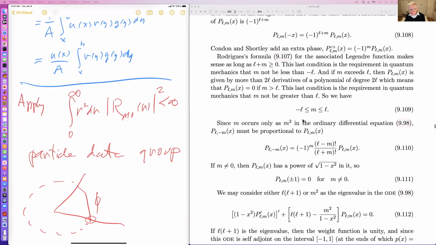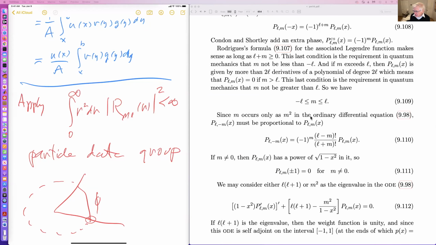And so this leads to what you see in quantum mechanics, namely that m has to be between minus L and plus L. Of course, there are other ways to derive that, but another way of thinking about it physically is this is the angular momentum in the z direction, and it can't be bigger than the total angular momentum, which is L, more or less. Anyway,